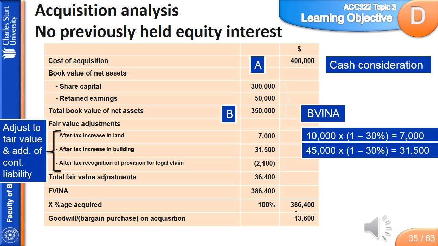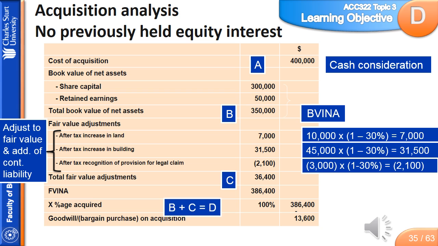And we also had this contingent liability, which was the provision for the legal claim, and that will be a deduction of 3,000 times 30%, 2,100, and that will reduce the fair value. So in total, these adjustments equaled $36,400, and that will be added to the equity value of the accounts of $350,000, which equals a total of